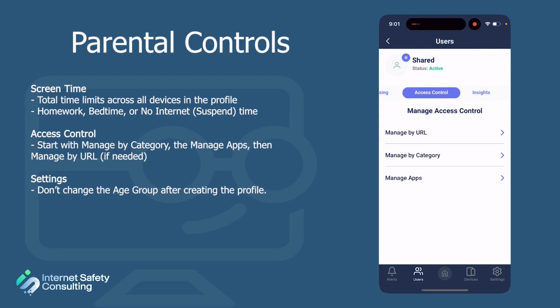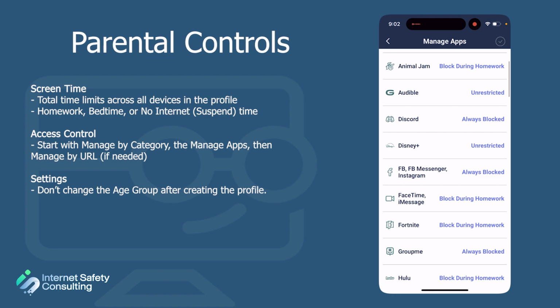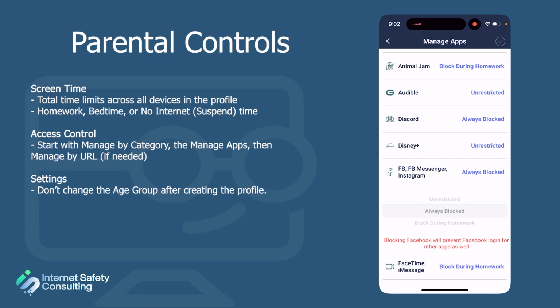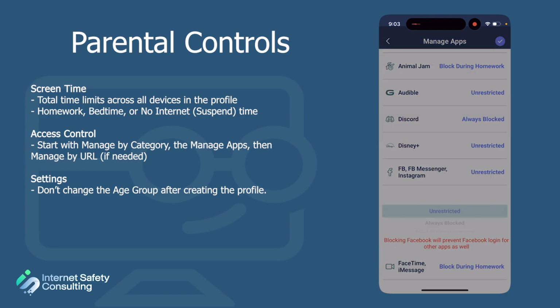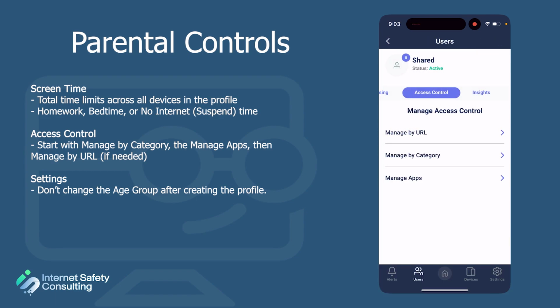So instead of unblocking that category, I'm going to just go to the Manage Apps option, and here I can see all of today's most popular apps, including Facebook. You can see it's blocked, and so what I'm going to do is set it to unrestricted so that it's allowed under this profile. Now I could go to Manage by URL and enter facebook.com and unrestrict it that way,